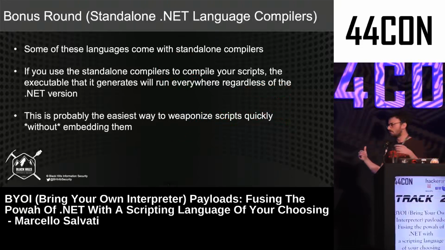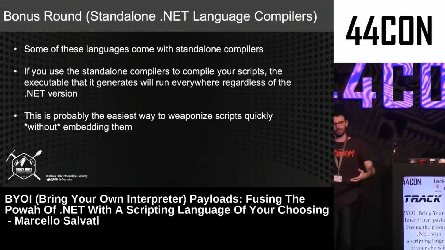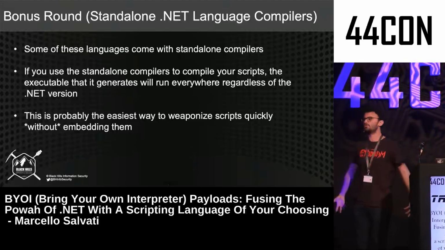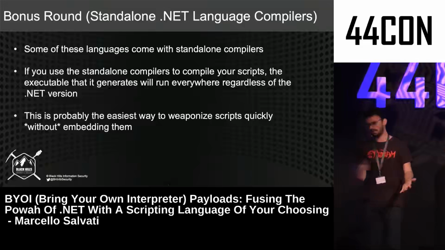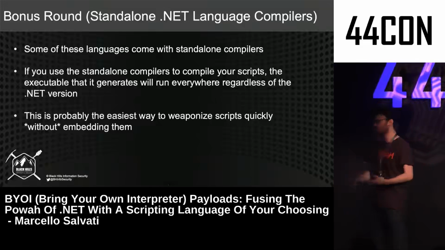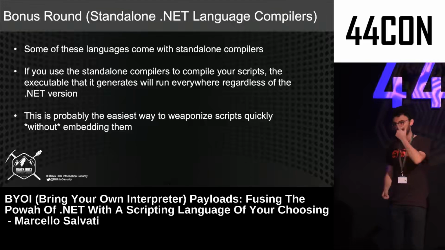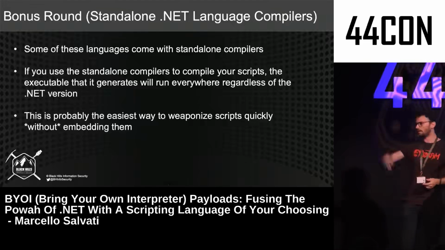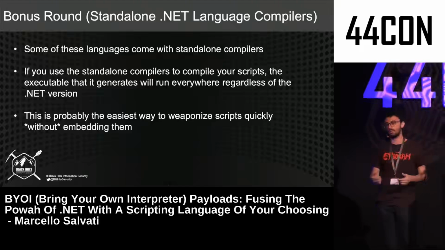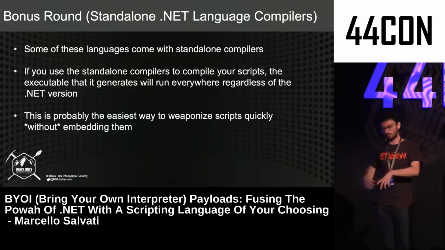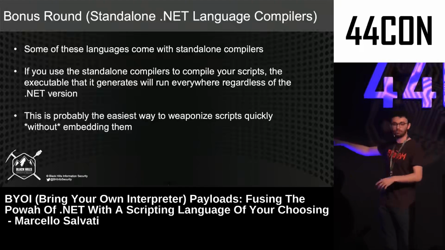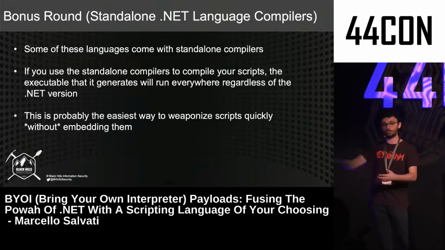And again, the great thing about this is that the .NET framework is just something that gives you tools to build your own language. It's not necessarily coupled to a specific language itself. All of these scripting languages usually come with their built-in compilers. So when you download the IronPython runtime or the Boo language runtime, you can write your IronPython script with Sublime Text and then run it through the provided compiler, and it'll turn it into an executable